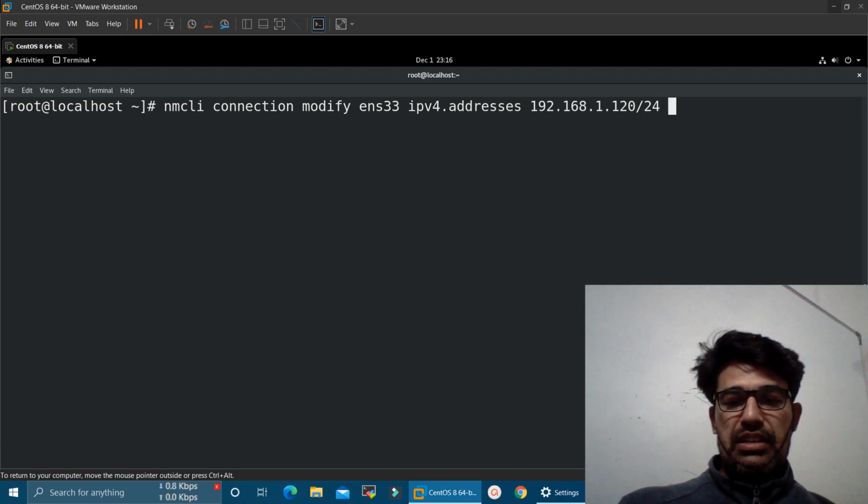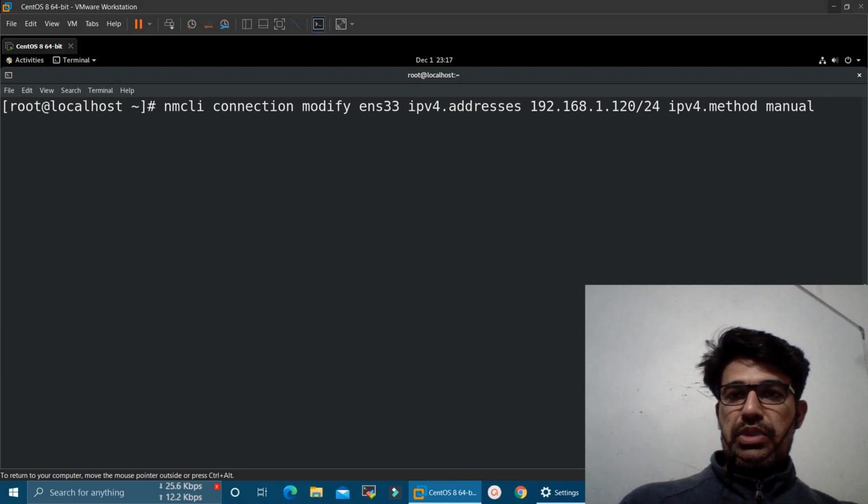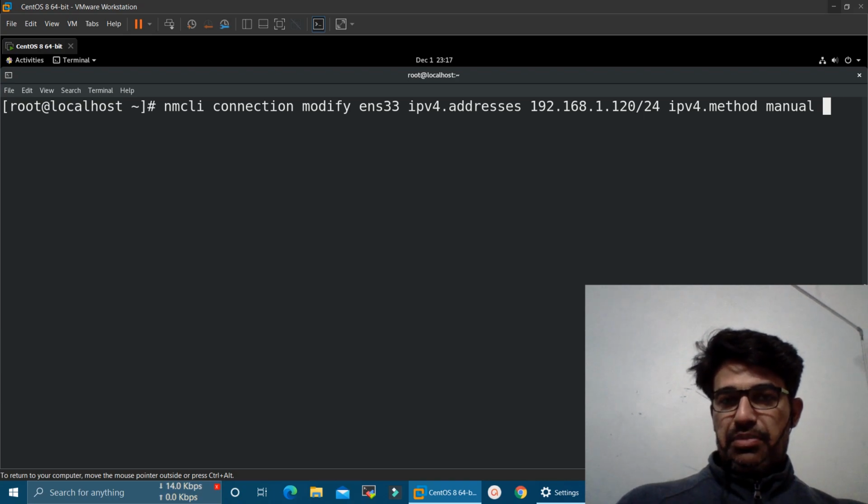and after that we can mention the method, that is ipv4.method, and here we can mention manual for the static. And if we want to set the gateway and the other details, we can also specify these after the IP address. Press enter.